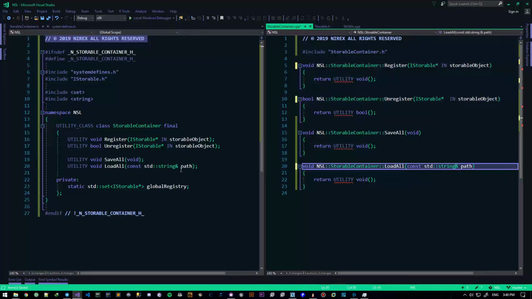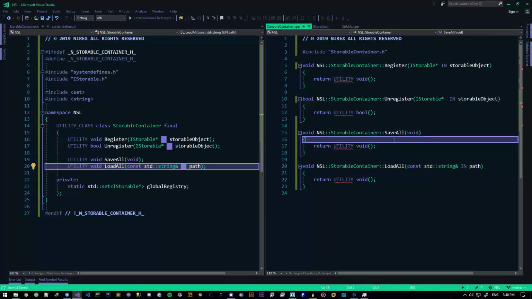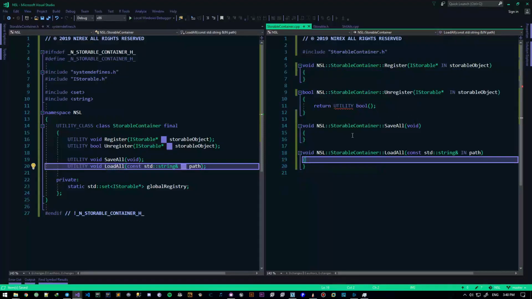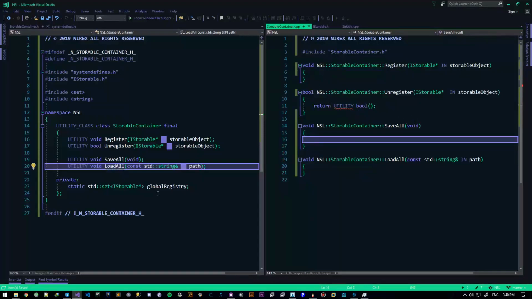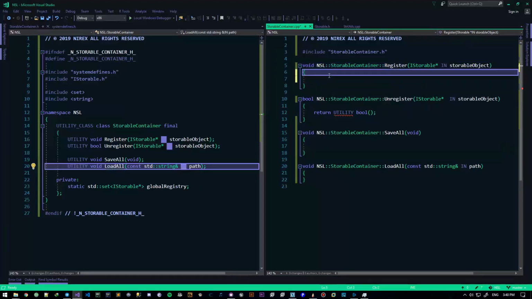So, okay. This is an in path, not an out path, this is an in path. We need an in path right here. Now, we don't need any returns. None of them return anything, just this guy right there. So what we do here in register, we do global registry